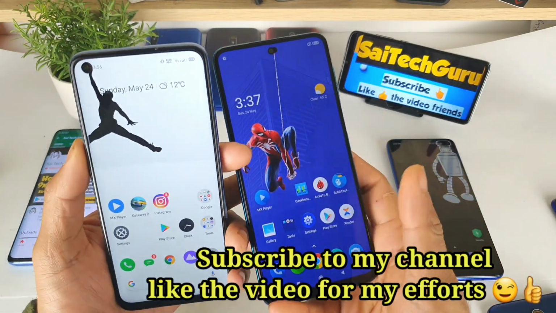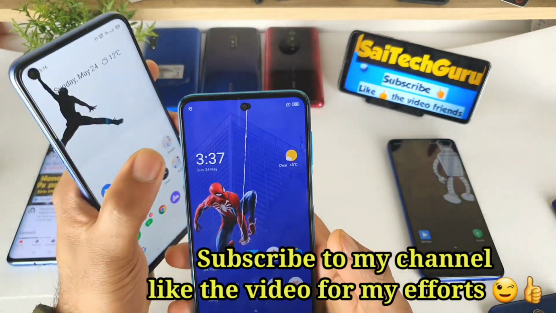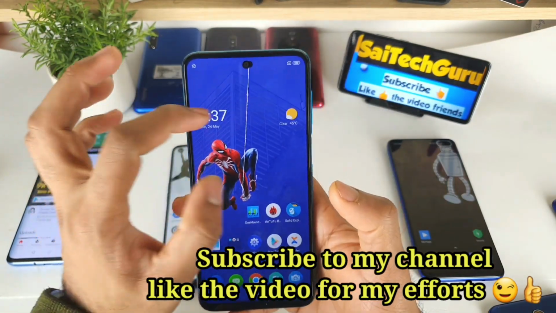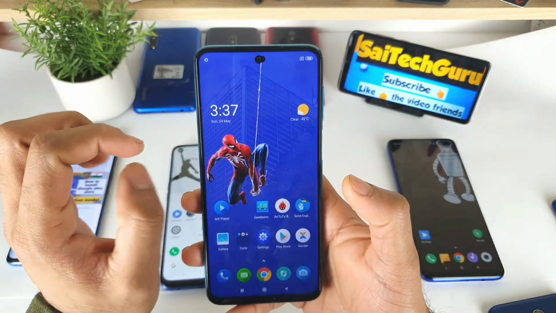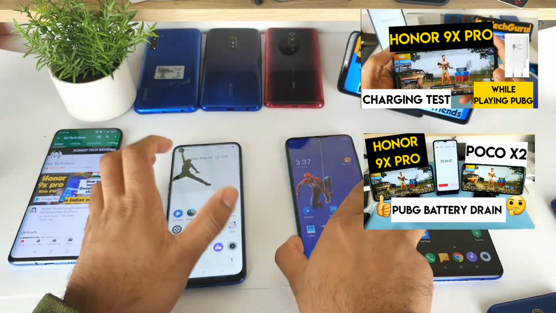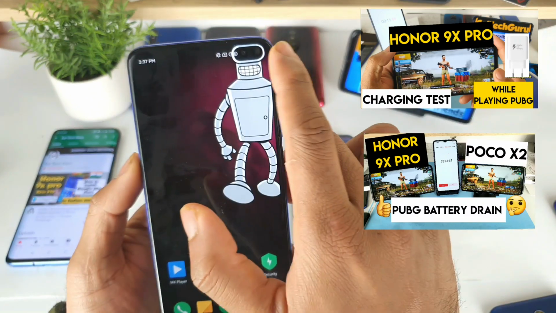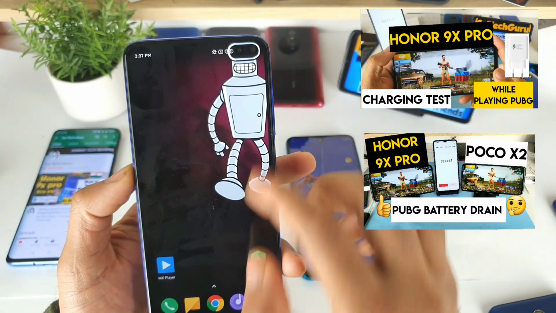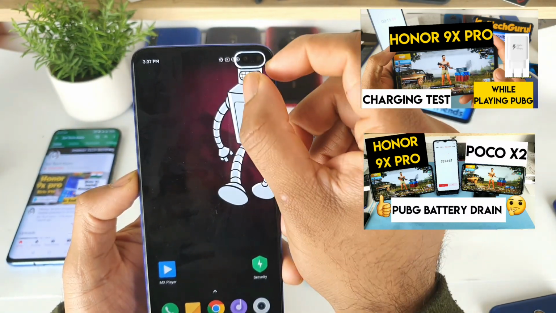For example, in the Redmi Note 9 Pro, you can see the punch hole display, where the wallpaper utilizes the punch hole. It simulates like it's hanging because of the punch hole, as you can see. Same thing with the Poco X2 as well, where there are dual punch hole cutouts. Because of this application, it looks like two eyes.